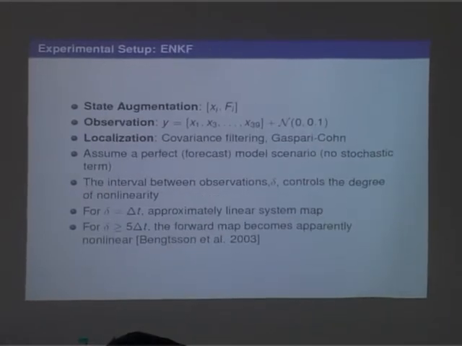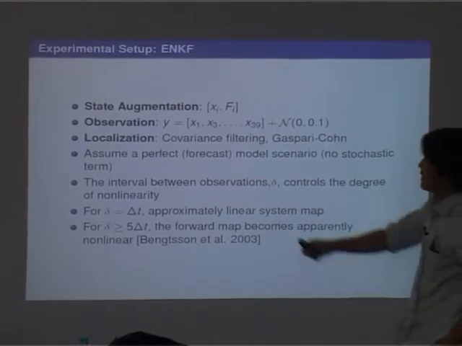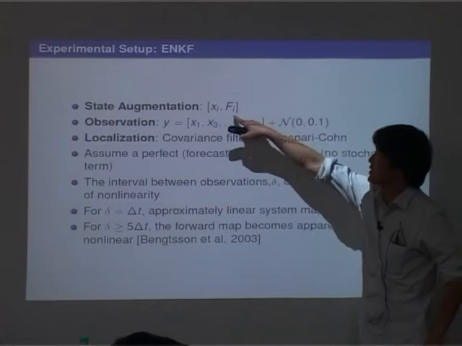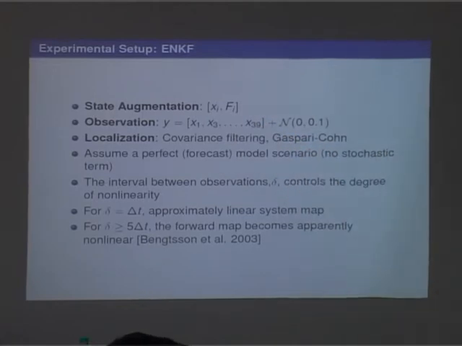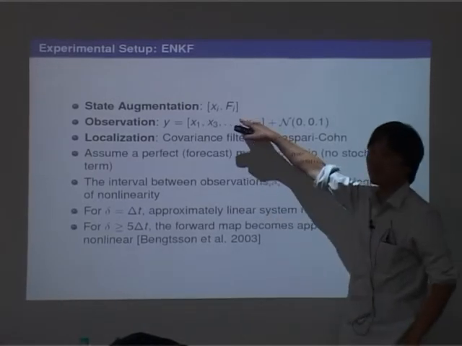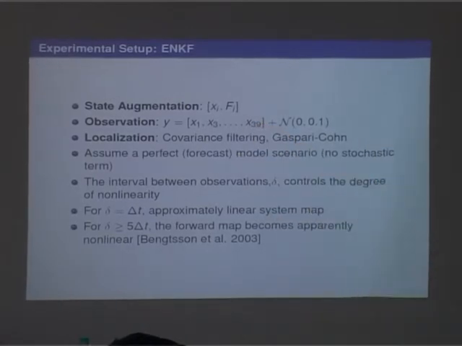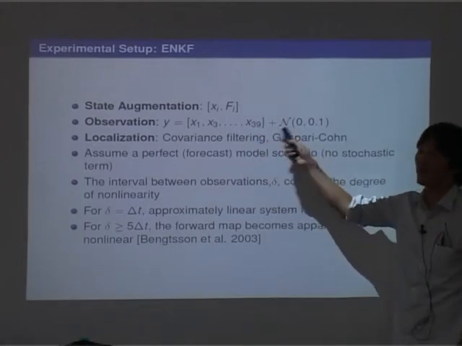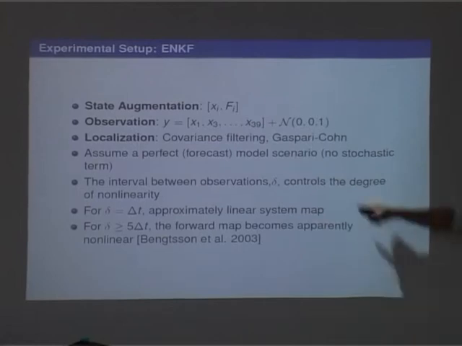Anyway, we're going to do the state augmentation, which is a really intuitive technique, right? So I want to estimate X and F. So I just augment F into the state. But of course, the problem is that F doesn't have any dynamics, right? So in this case, I will just use a persistent model, following what Jesse and Tom and Luis did. So F at time t will be the same as F at time t plus 1. And the observation will be this one. So I observe only half of the nodes, and with this noise.